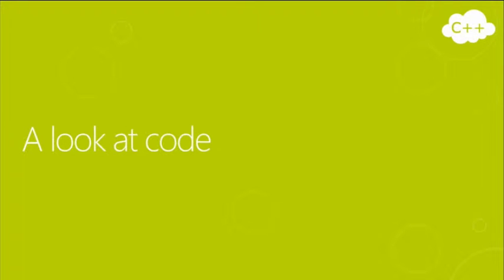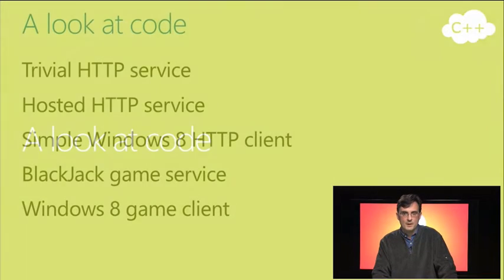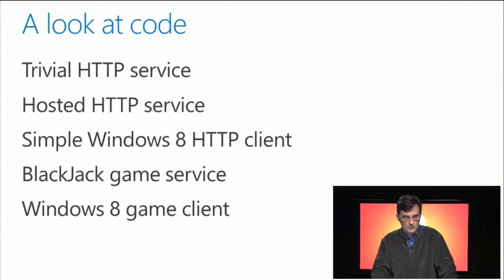I thought it would make sense to spend most of the rest of the time looking at code and showing you some of the samples that we shipped in Casablanca. These are things that you can go to MSDN DevLabs, download the installers, get onto your machine, and go through yourselves. But I thought it would be interesting to show you what we mean by modern C++ and what Casablanca looks like.